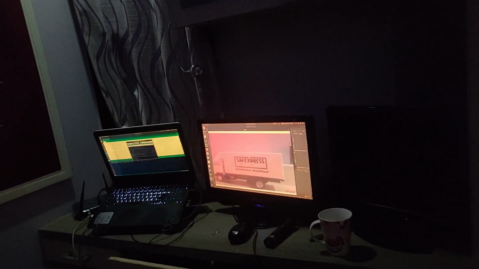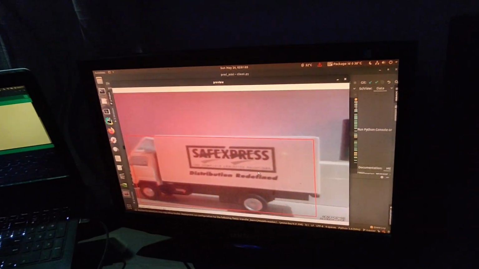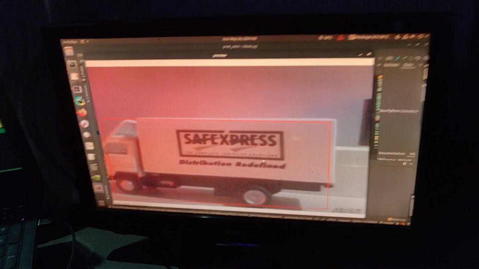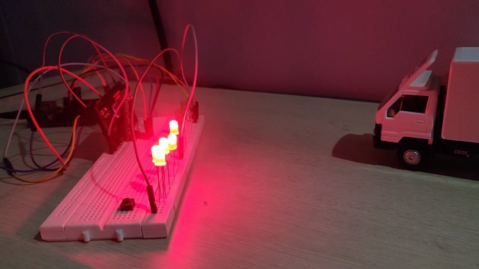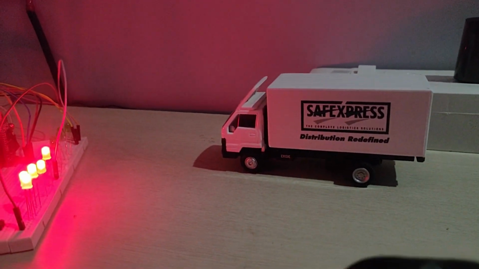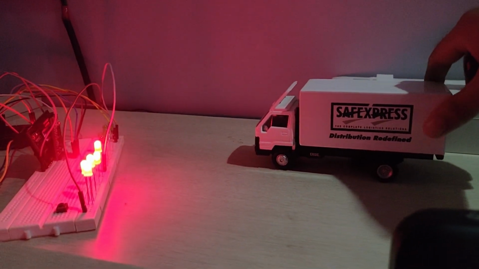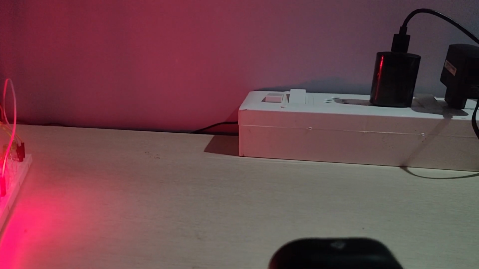It is there. You can see, I think it is very far. Okay, so when there's a truck, there's a red bounding box here, and that red bounding box basically means that this vehicle, that is this truck, cannot enter this locality.